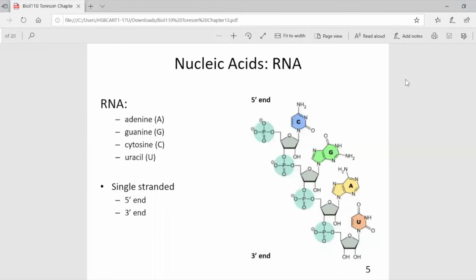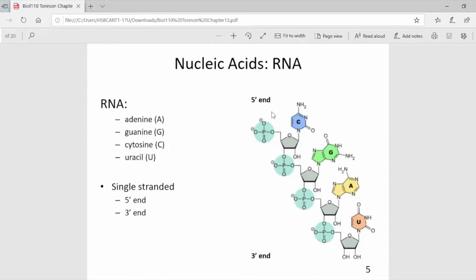RNA is also a nucleic acid, which is a polymer of nucleotides. It is a little bit different from DNA, as you can see in this figure on slide 5. RNA is similar to DNA in that those nucleotides are composed of a phosphate group, a 5-carbon sugar, and a nitrogenous base. But as you can see in this figure, RNA consists of one strand rather than the two strands